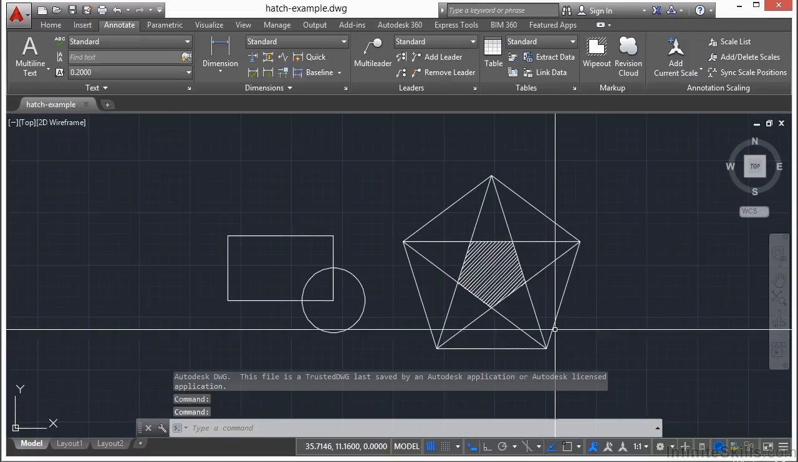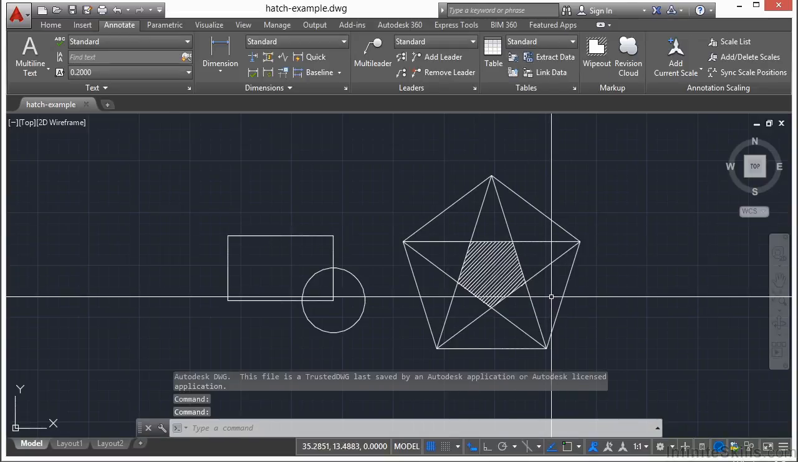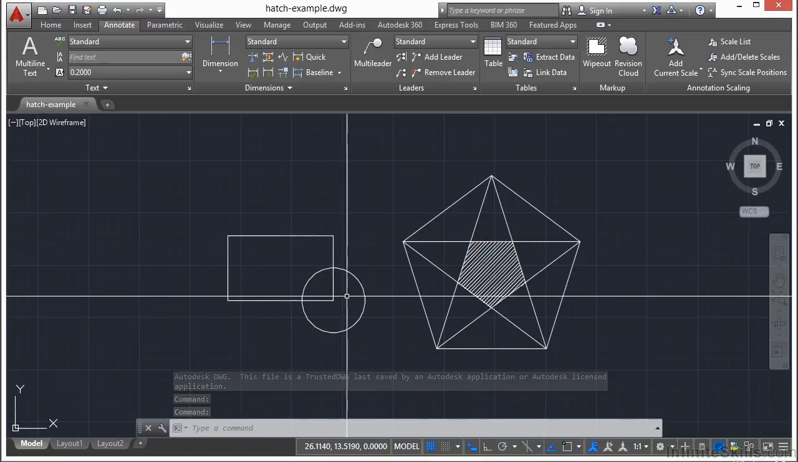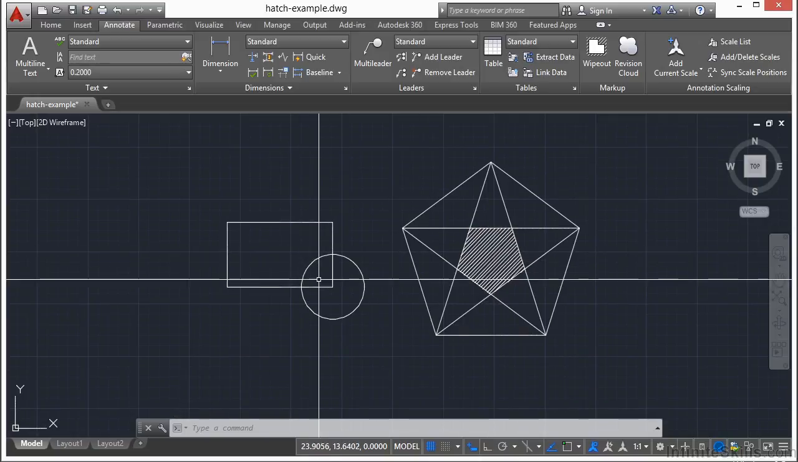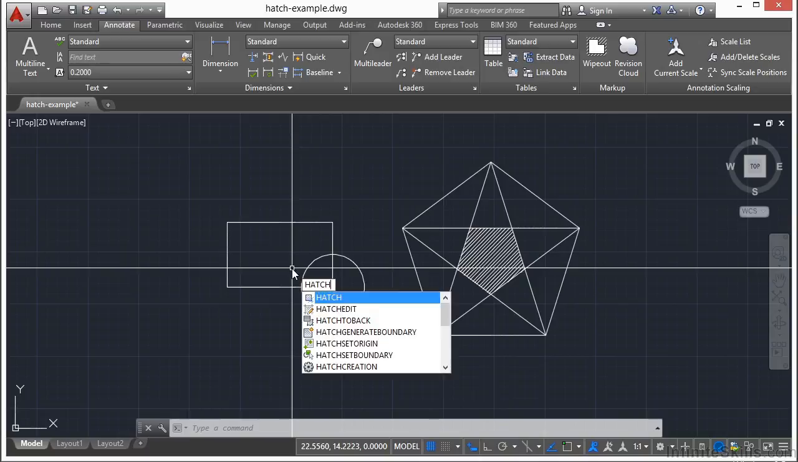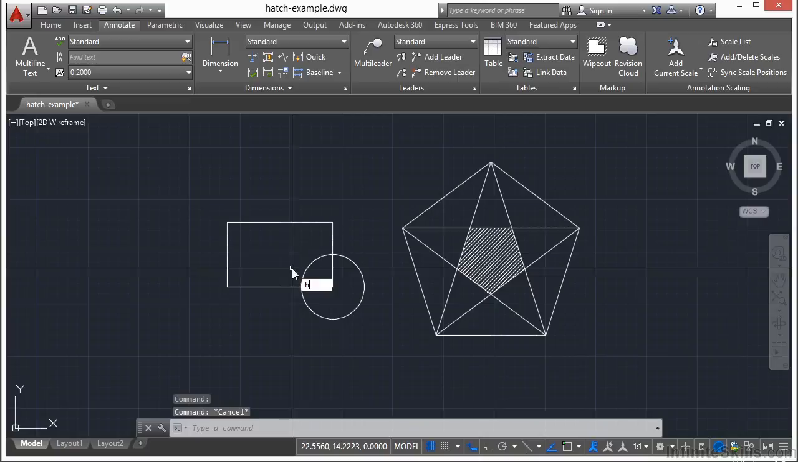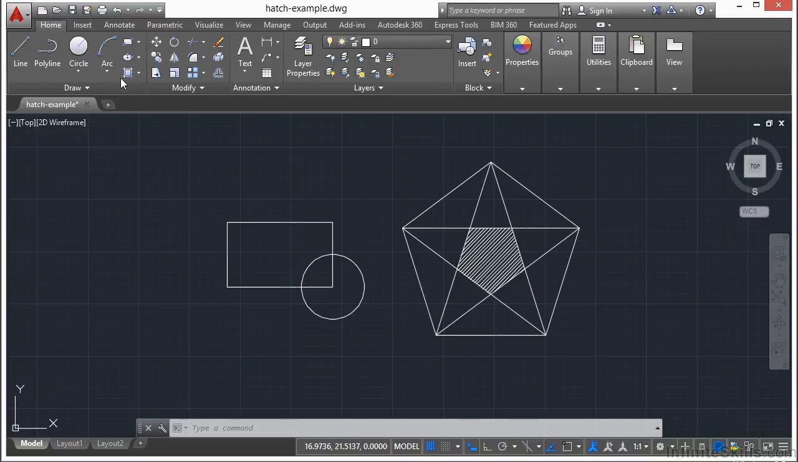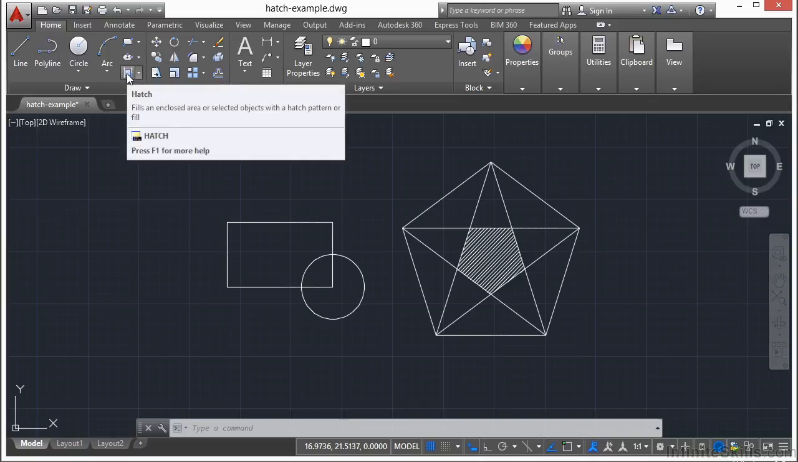Now here we have some shapes with a lot of different closed areas, a hatch pattern already created, and a simple rectangle and circle. Now to start the hatch command, you can get to it several different ways. Type in the word hatch, type in the letter H, go to the Home tab on the ribbon, and come up to the hatch command